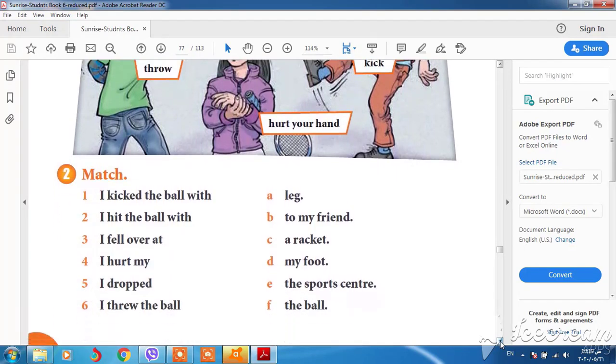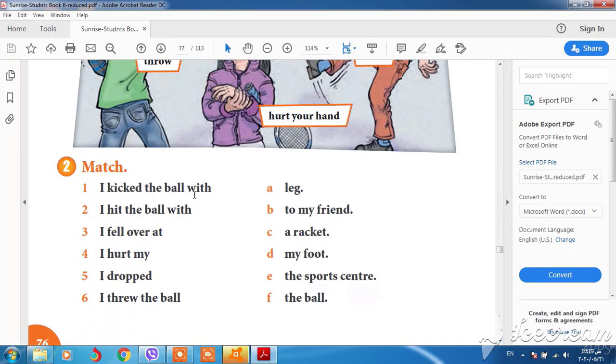And we have the match. Okay, I kicked the ball with what? I kicked the ball with my foot. I hit the ball with a racket. I fell over at the sports center. I hurt my leg. I dropped the ball. I threw the ball to my friend. Okay,